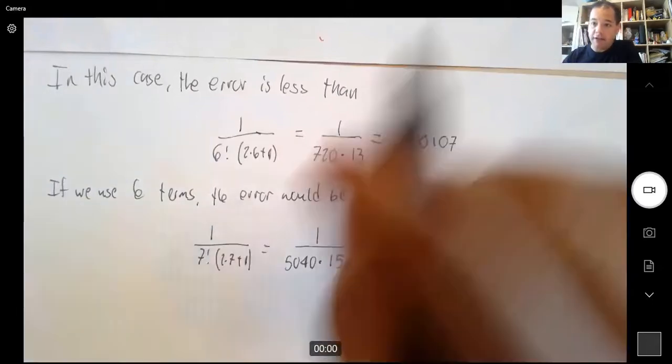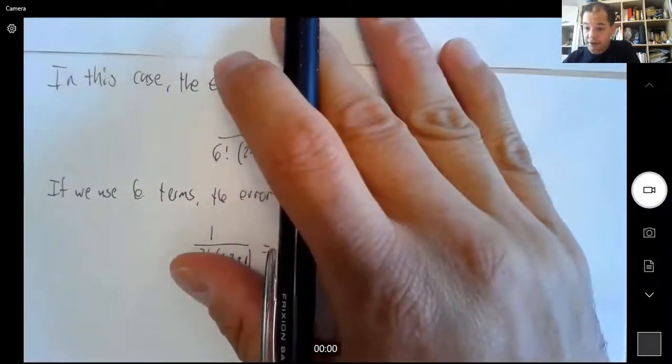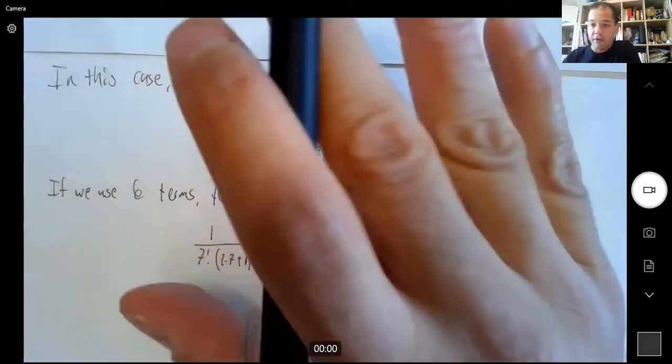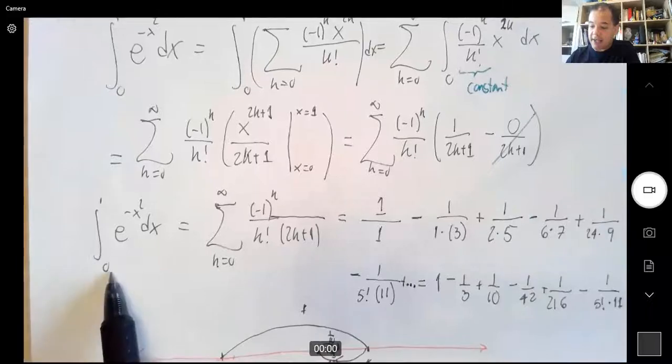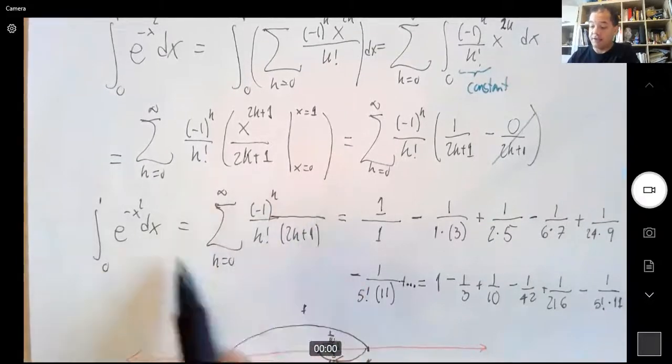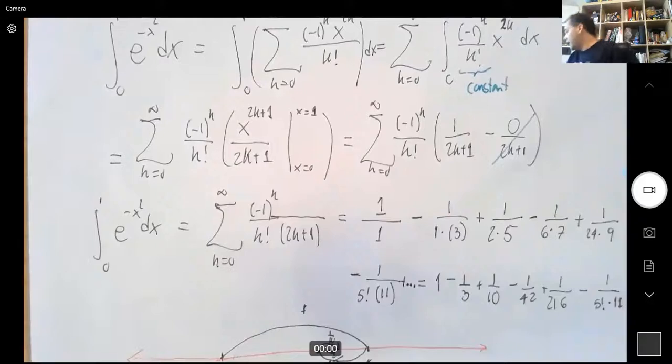So be aware. I remember last final exam, we actually had a problem like this in the final exam, where they didn't ask for the approximation, but they asked for the exact answer to the integral. So this series as the answer for the overall integral. All right. Okay. So this is the end of this one. I wanted to do another one.